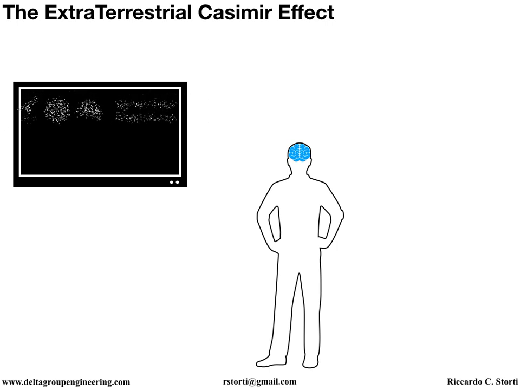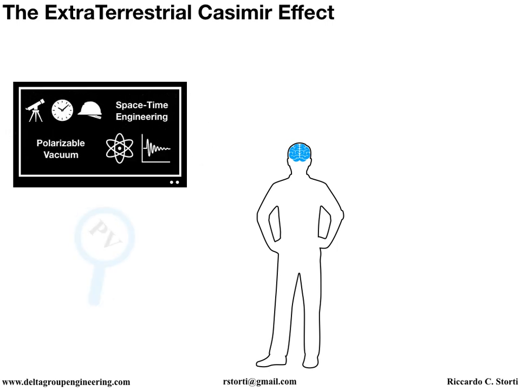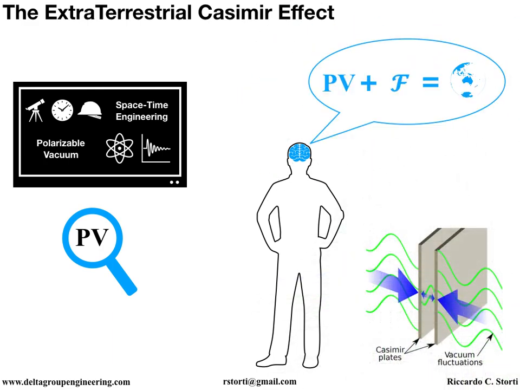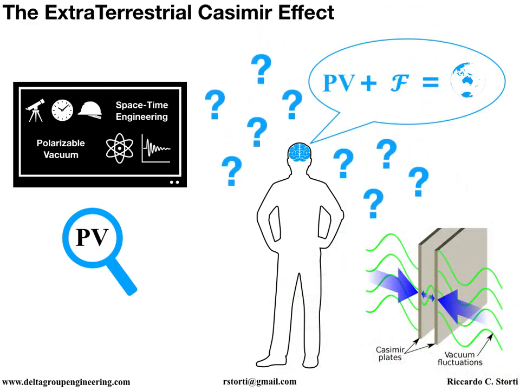In episode 4, we derived a complete solution for the spectral composition of the quantum vacuum, when polarized by the presence of matter. This polarization effect transforms the quantum vacuum into the polarizable vacuum model of general relativity. In this episode, we utilize the complete solution articulated in episode 4, to predict variations in the Casimir effect, associated with various gravitational environments. Let's begin with a quick review of the complete solution formulated in episode 4.